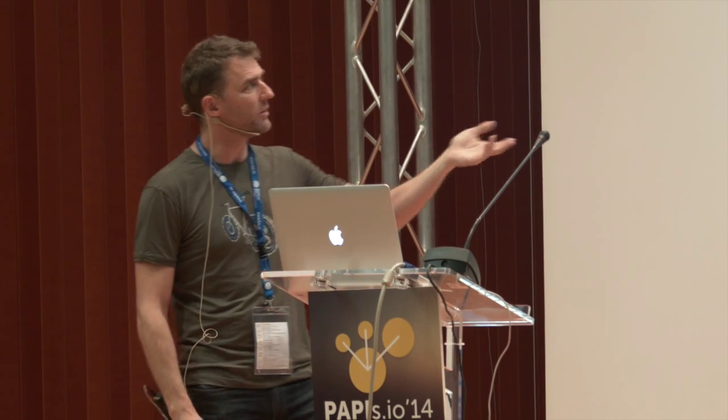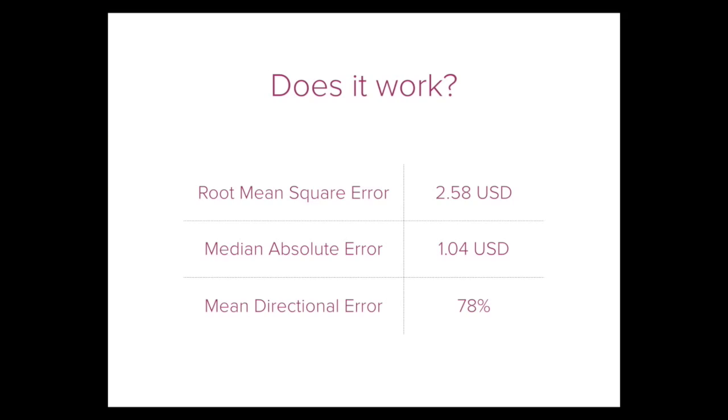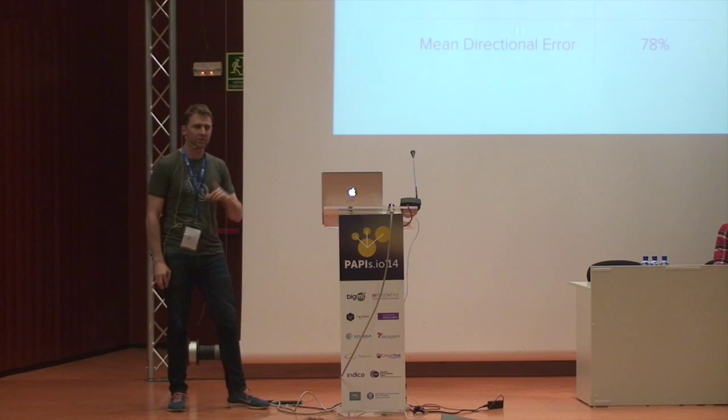The median absolute error is smaller because it's the kind of error measure that gives you smaller numbers. I think for something like a price series, the more meaningful measure of error is whether you get the direction right. If it's going up and you sell, you don't really care how close to the right price you were the next day. You went in the wrong direction. And we get 78%.